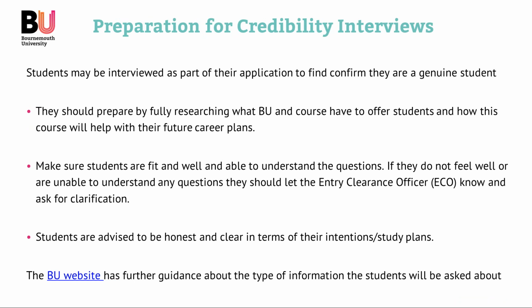Credibility interviews. It's very possible that students will be interviewed as part of their application to confirm that they are a genuine student. This is in addition to having a valid CAS, the required documents and the required amount of money. The Home Office may interview the student so that they are satisfied that the student is genuinely coming to the UK for the purpose of study